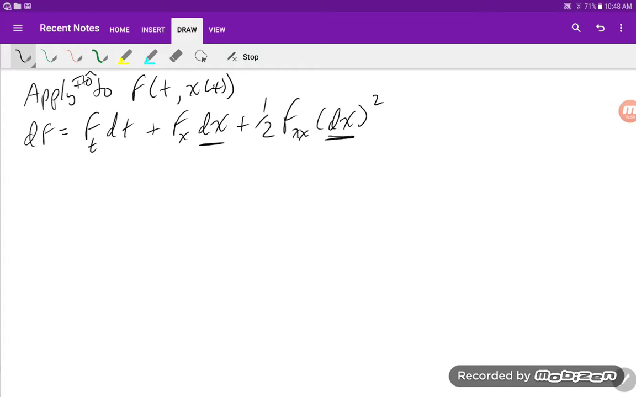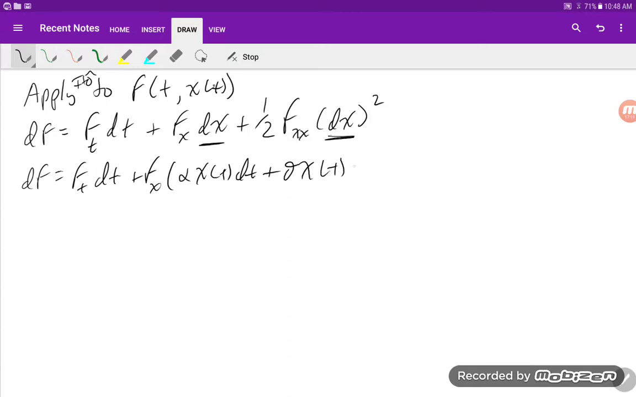So let's fill those in. So we'll have that df is equal to the partial with respect to t dt, so that doesn't change, but then we're going to have the partial with respect to x times alpha x t dt plus sigma x t dWt,